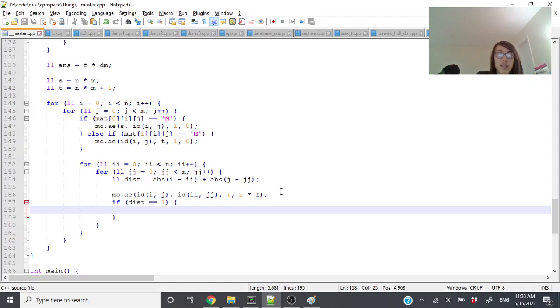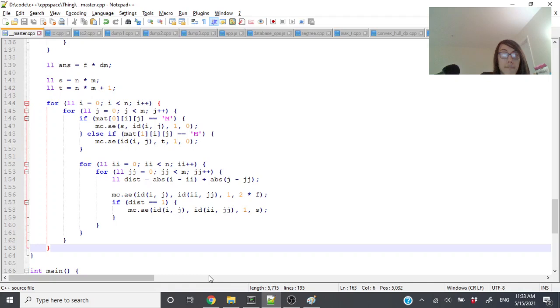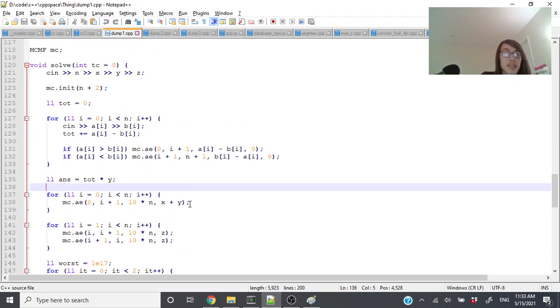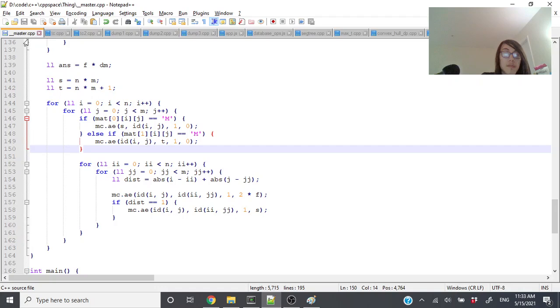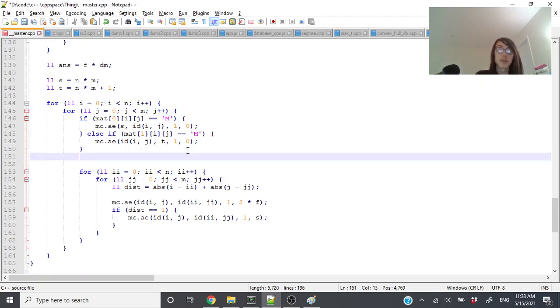So if this is equal to 1, then we add the edge between them as well, saying we can swap them for S. Okay, and the final part is, this is the smart part. Where we say now we can add